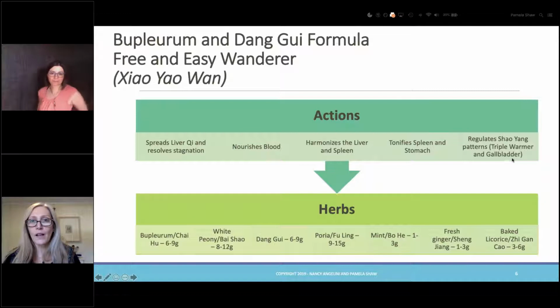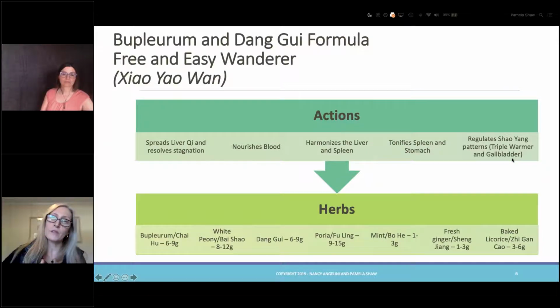Oddly enough, I don't know why, it started off with Lyme and it moved into all other kinds of really interesting infections. But I have found this formula to be very effective for the infection starting to move into the body like that. So we call that the Shaoyang pattern, and it is miraculous for that. You can add bupleurum. You can add peony to this, and you can add dry fried atractylodes, which makes it